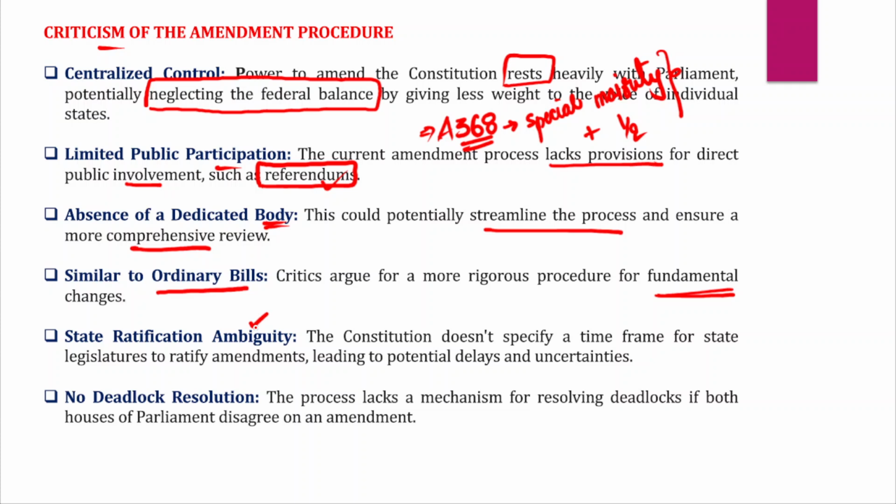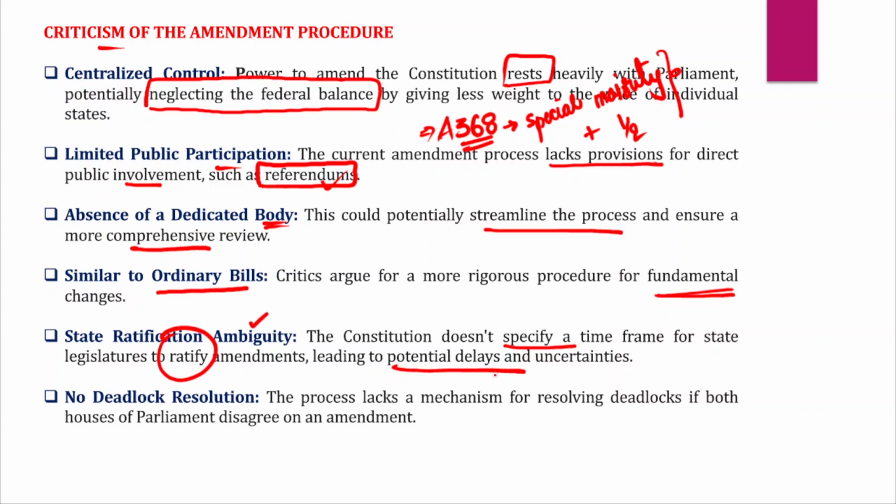However, no specific timeline is given within which state legislatures must give their consent. So this is also another major problem, right? The constitution itself doesn't mention any time frame for state legislatures to ratify the amendments, and that has been leading to potential delays as well as uncertainties in the amendment of the Indian constitution,